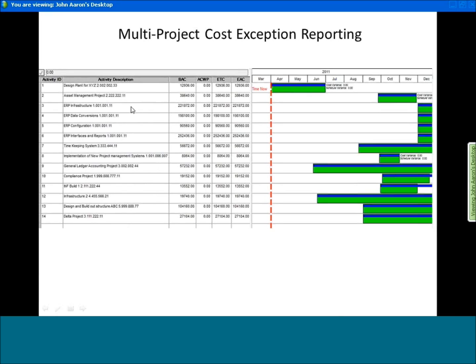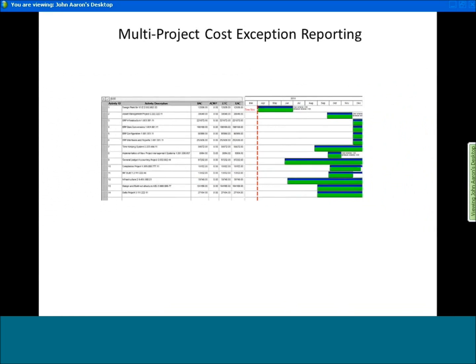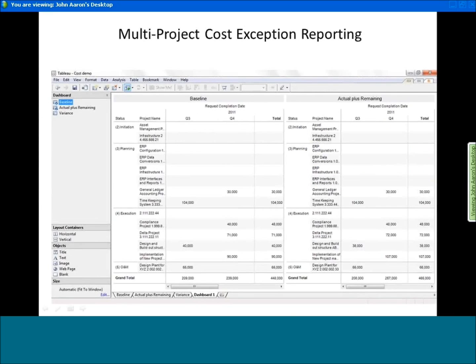So it's very, very helpful in terms of slicing and dicing cost management information as well as schedule information, and importing and using other tools as needed. It doesn't require usage of other tools, but it will allow that. And then you might have certain exception reports using some of these visualization tools